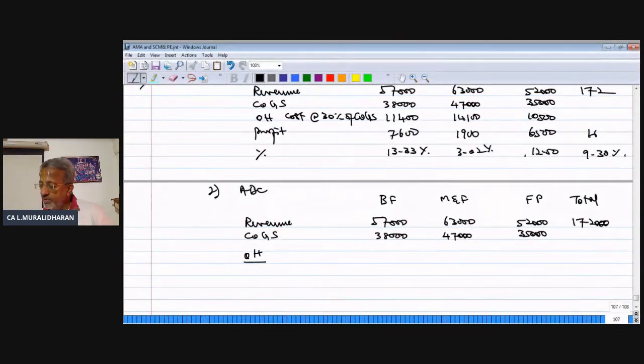So the first item that we have is ordering cost, 100 per order. The number of orders that you have is 30. So therefore, ordering cost at the rate of rupees 100, so 100 into 30, 3,000,